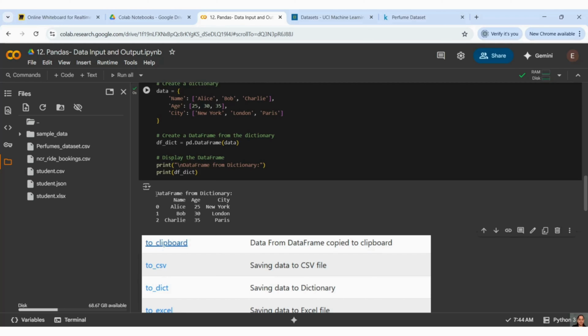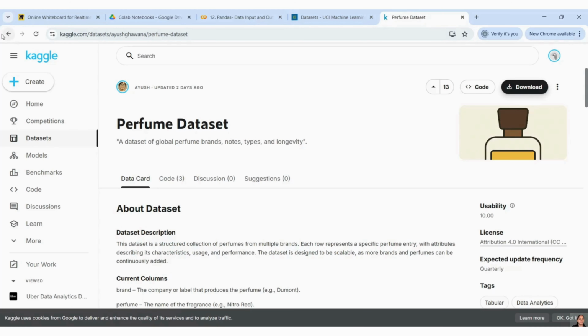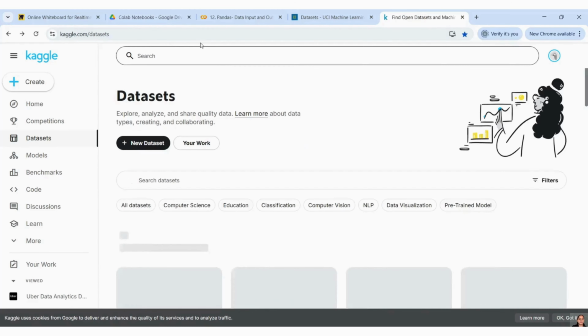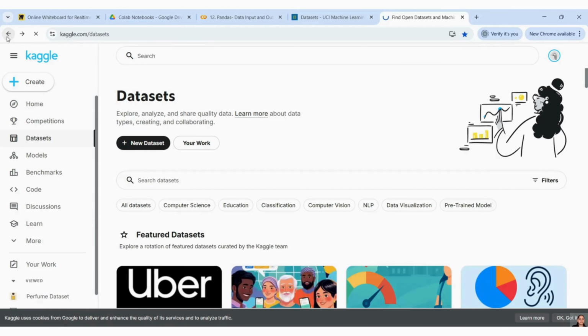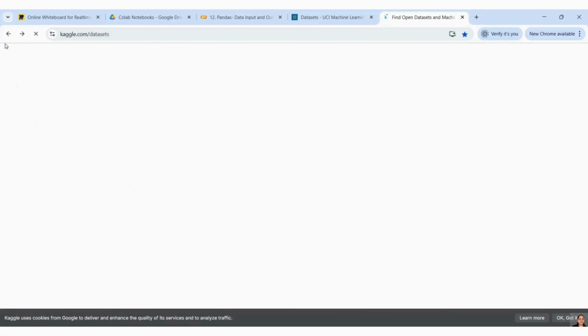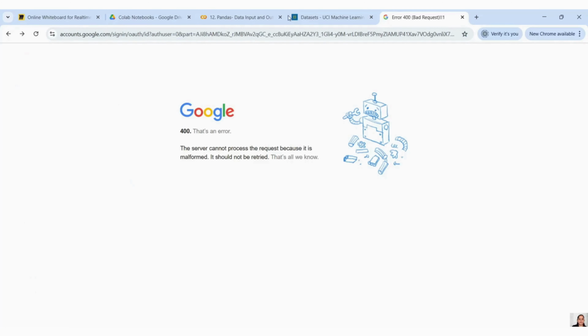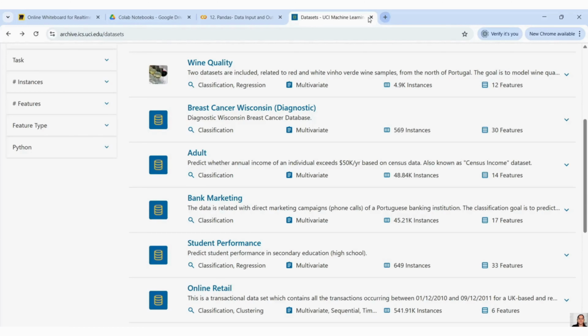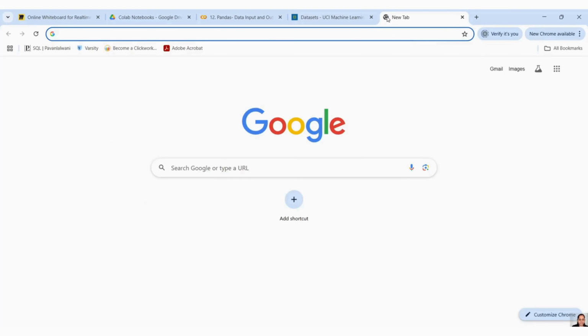See, I got my dictionary data, right? Now let me show you what the different free platforms are where you can download the data. Here, one is Kaggle, guys. Kaggle is a really good one where you just need to go to Google and type Kaggle